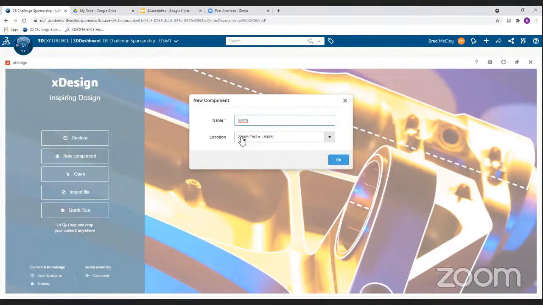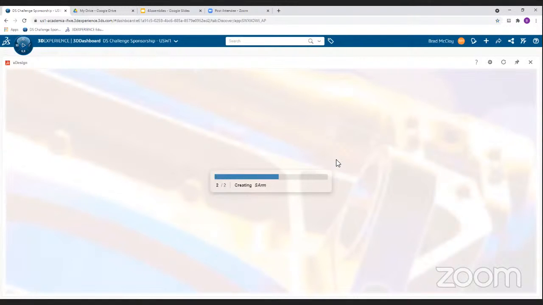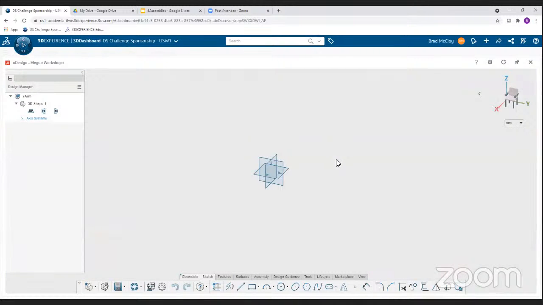S arm, and we can put it in whatever location we want. You can see now that our 3D spaces are, we're able to pop down here. So I'll put it in my share test, and we'll make a component called an S arm. Now, with any sketch, hopefully you've watched the sketch workshops before, we have an idea how to sketch in xDesign. With any sketch, we have to start with a base plane. And what we'll do now, we'll use a new